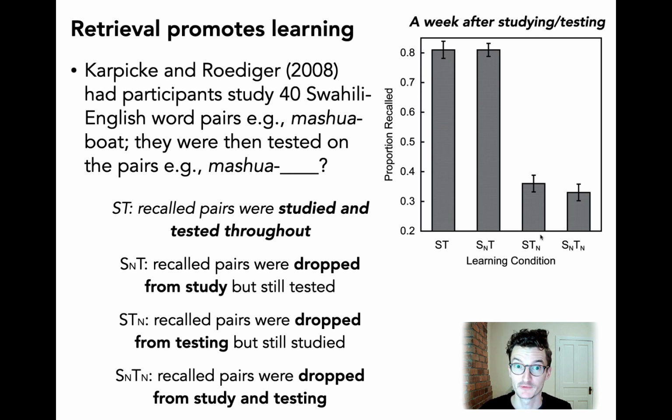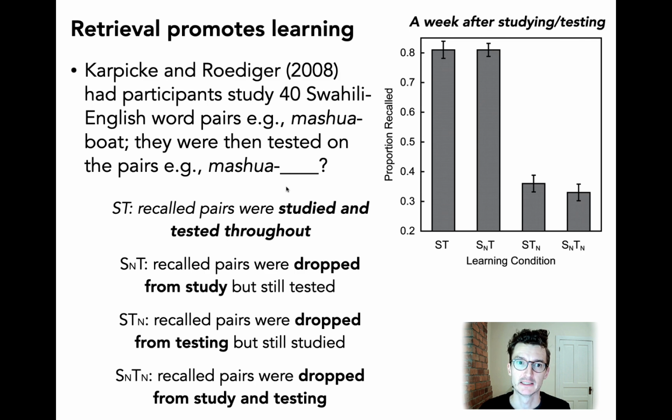And the idea here, what the authors are saying in the study, is it's actually retrieval, forcing yourself to actively retrieve the material. So when you see that mashua and you have to complete that word pair with boat, actively retrieving that pairing promotes and strengthens learning. Very important study that I think all undergraduates should know about, because it really suggests that testing is at the